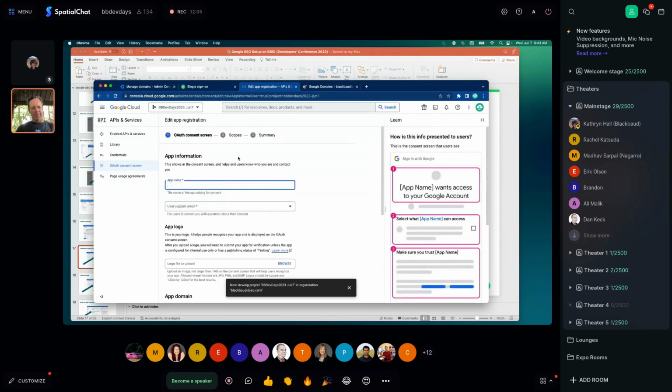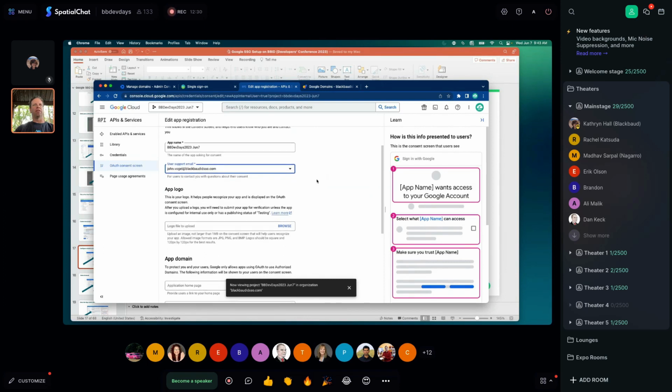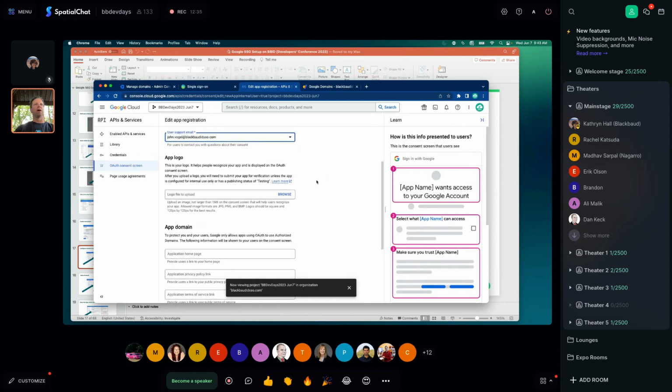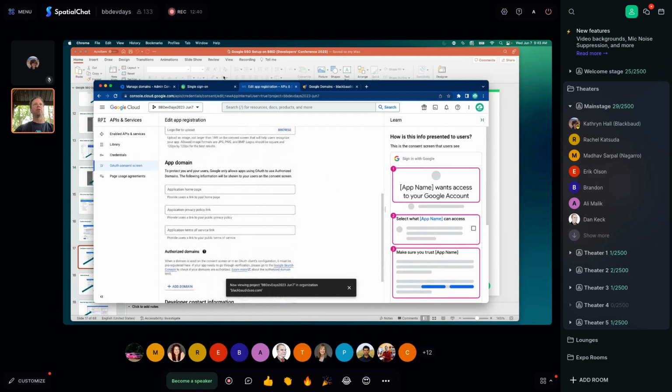continue there. App name, I'm just going to again do BB Dev Days 23 June 7th. You have to put somebody's email in that's the user support. Even though users won't be coming across that very often, they will be able to reach out for support. You can upload a logo if you like, and then I'm going to switch back over